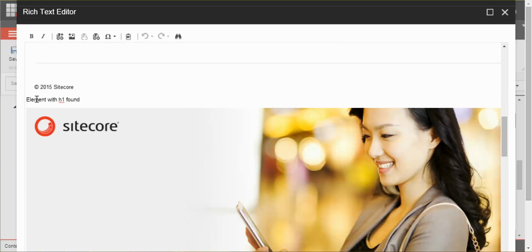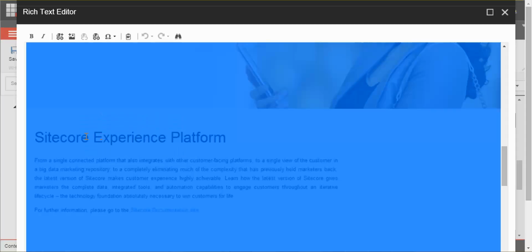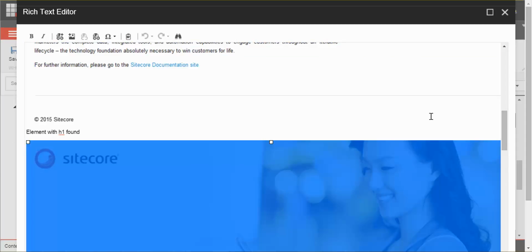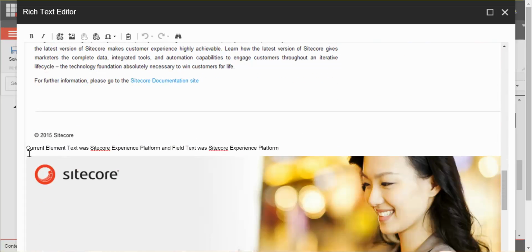Then it's telling us that it did find the H1 element, which was this here, the GherkinCore Experience platform. This obviously is a screenshot, so can't really do much to highlight that. And then current element text. So again, once we find an element, it gets set to the current element. So this is the step where we're actually